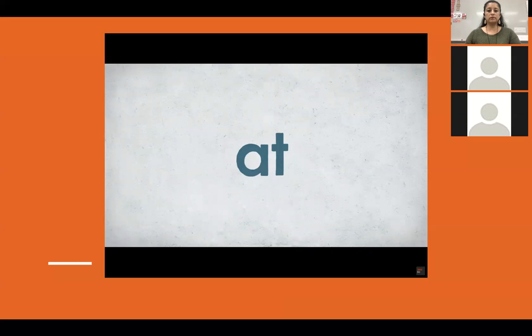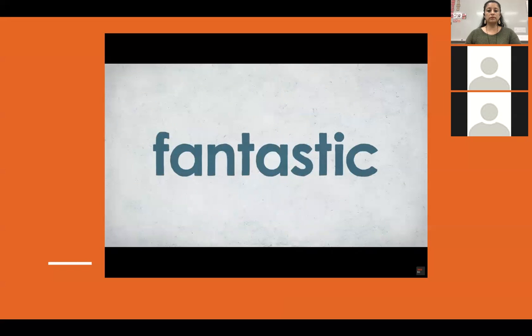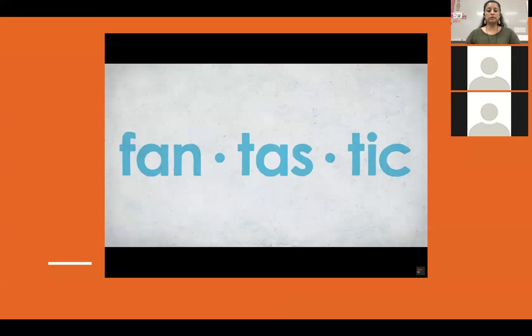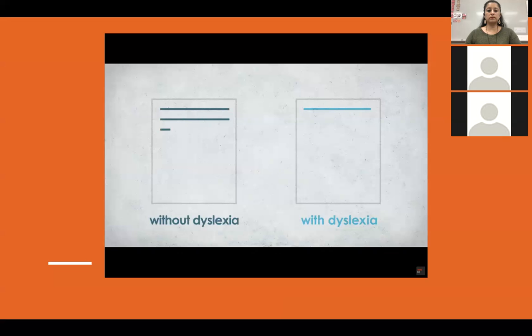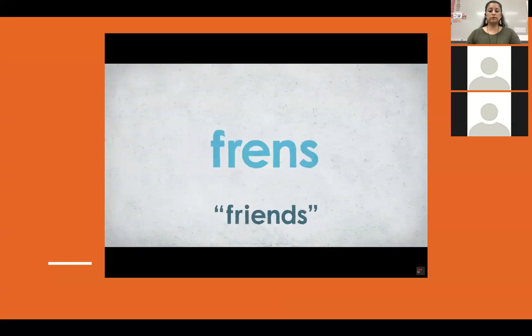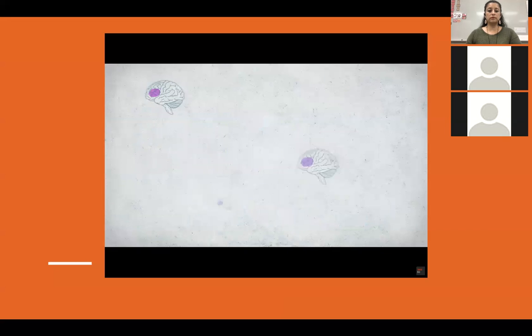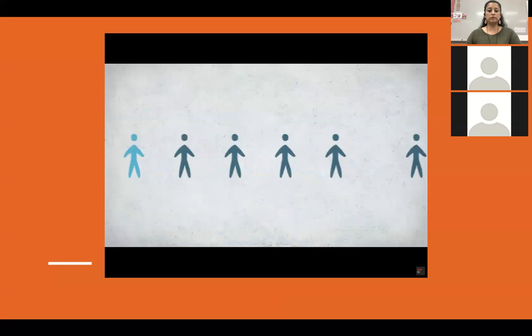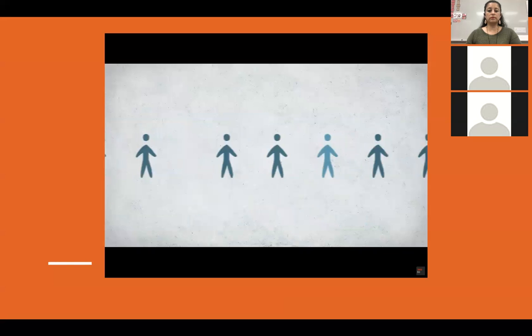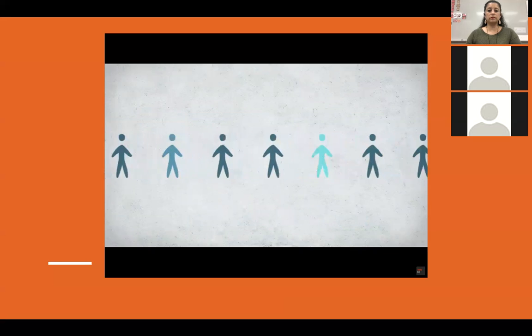Given a word in isolation like fantastic, students with dyslexia need to break the word into parts to read it. Fan-tas-tic. Time spent decoding makes it hard to keep up with peers and gain sufficient comprehension. Spelling words phonetically like S-T-I-K for stick and F-R-E-N-S for friends is also common. These difficulties are more widespread and varied than commonly imagined. Dyslexia affects up to 1 in 5 people. It occurs on a continuum. One person might have mild dyslexia, while the next person has a profound case of it.